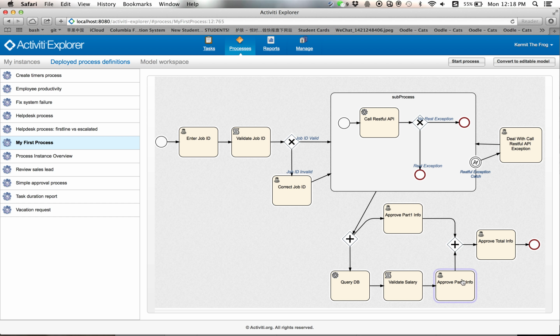And the other branch first goes to the service task, QueryDB. This service task will query RDS and get the variables salary range from and salary range to of the corresponding job ID. And then it will go to the script task validate salary to check whether the salary range from is larger than the salary range to. If so, it will set the salary range to the same as the salary range from, and then it